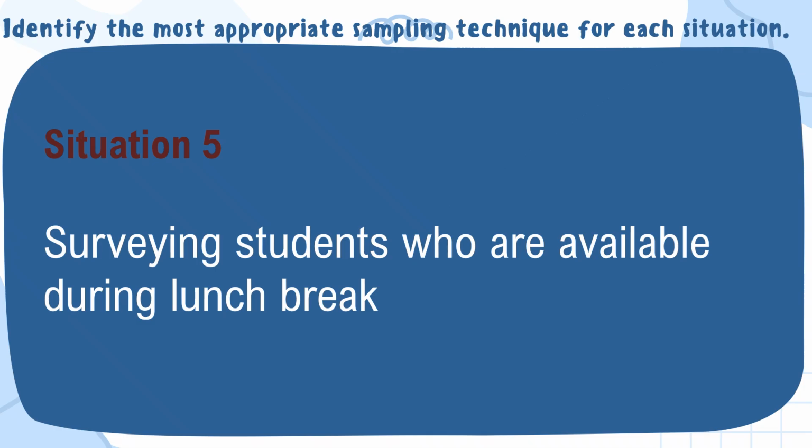Okay, so let's review the 5 quickly. So kapag lottery, that is simple random. So every sixth, ibig sabihin yan, systematic. From each academic strand, that is stratified random sampling. Kapag sinabi naman whole section, that is cluster sampling. Kapag naman sinabing available, let's say available during lunch, that is convenience sampling.